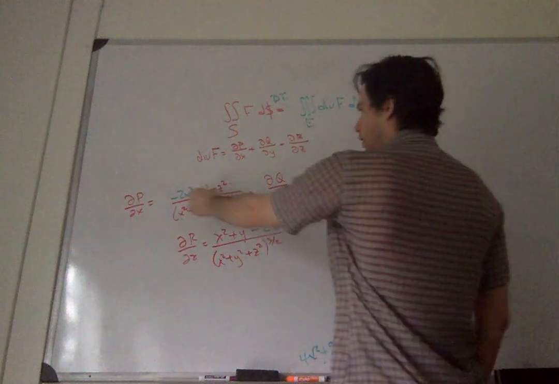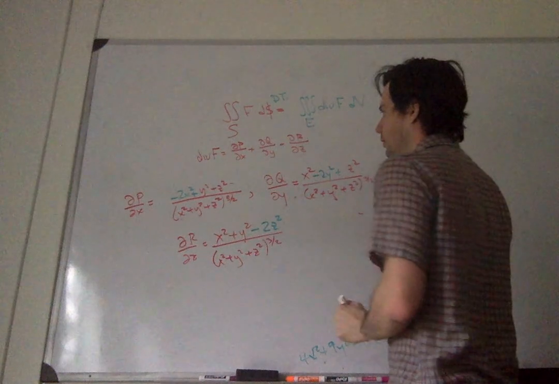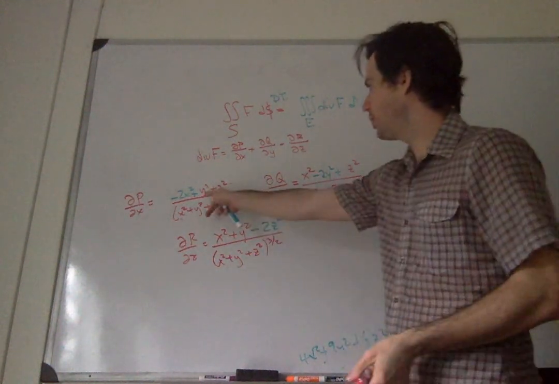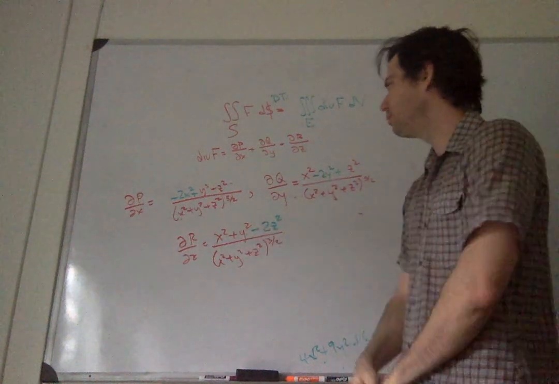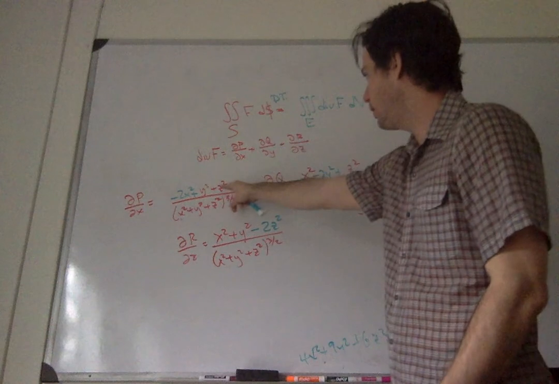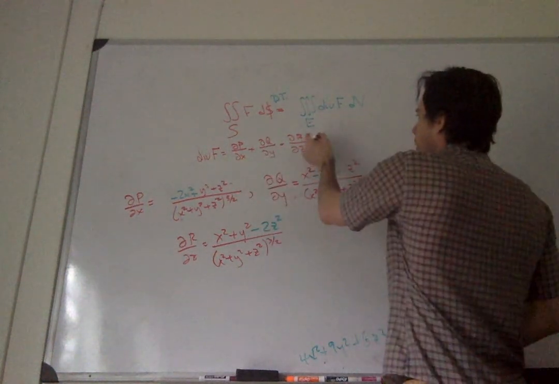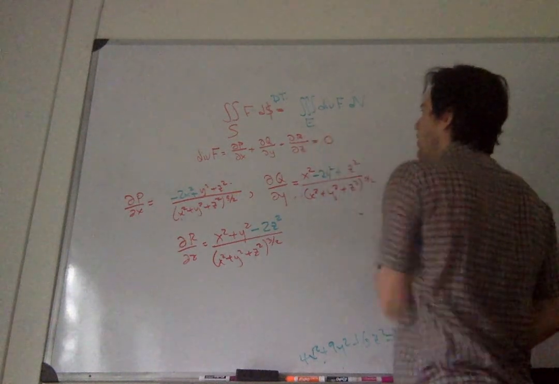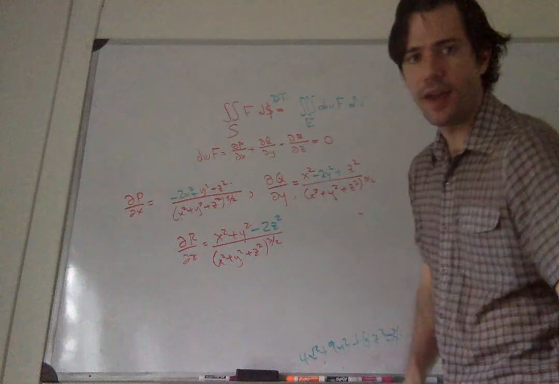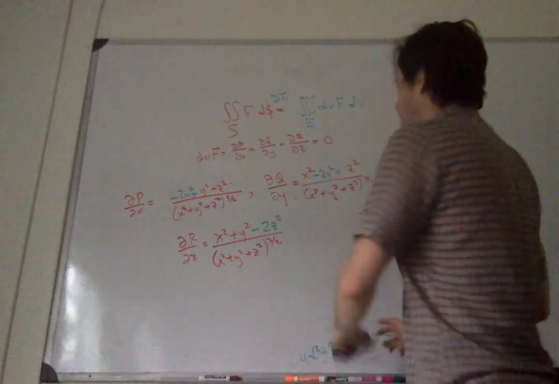Well, let's look at x. So negative 2x squared plus x squared plus x squared. Okay, so that's 0 in x squared. What about y? So plus 1 minus 2 plus 1. Okay, that's also 0. What about z? 1 plus 1 minus 2. Okay, so effectively you get 0. So the divergence of f is 0, and although the ellipsoid is very complicated,